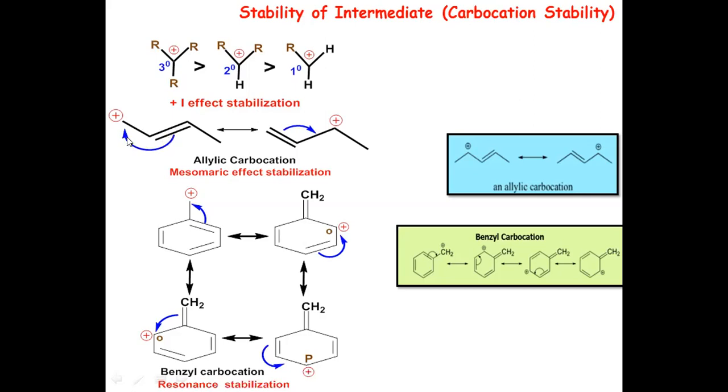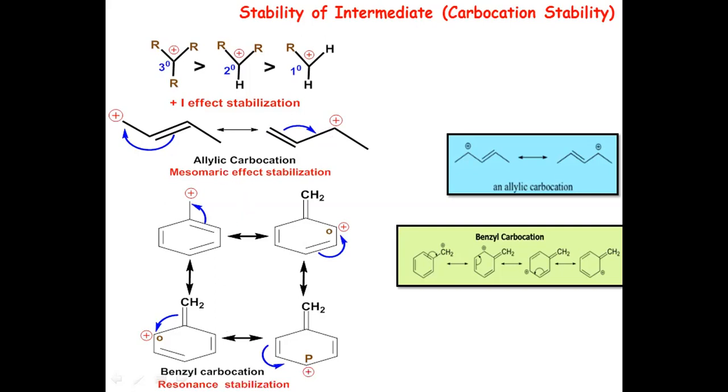If I shift these pi electrons over here, now a double bond will be formed here, and the positive charge will jump from this carbon to the alternate carbon, that is, it will come over here. Now this is primary carbocation, whereas this will be a secondary carbocation. So even though these two forms are there, this form will be more stable as compared to this form, because we know secondary carbocations are more stable as compared to primary carbocation. So because of mesomeric effect, an allylic carbocation becomes highly stable.